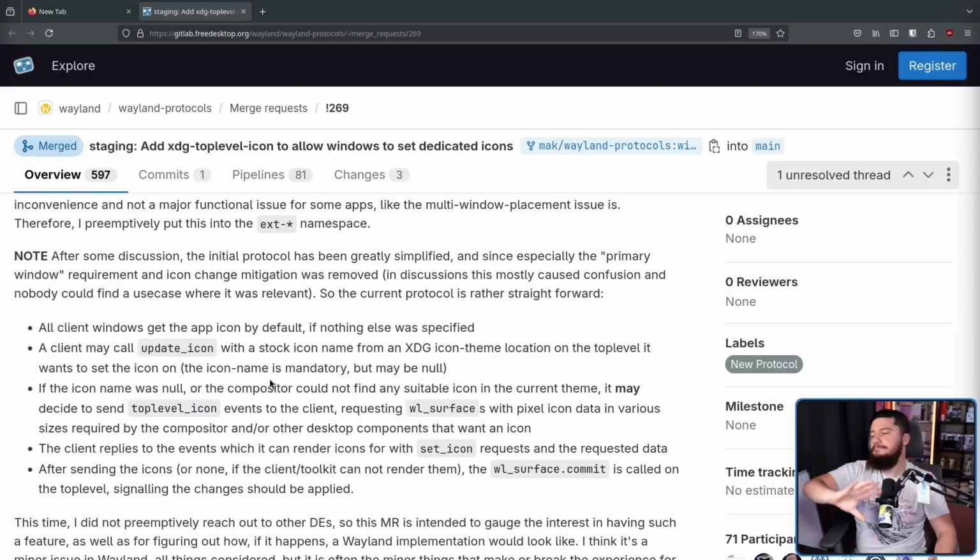Now, the protocol went through a bunch of different iterations, but by the end, it became a fairly straightforward protocol. By default, all client sub-windows will get the application icon. So if you have a main window, and this has an icon that looks like a chicken, then you make a sub-window, that will also get the chicken icon, the sub-window again will get the chicken icon, and so on and so forth. But a client may request an icon from the icon theme. If the icon is not in the theme, it can then decide to send pixel icon data to the compositor instead. The client will then request to set the icon to the icon size provided, and then the icon gets